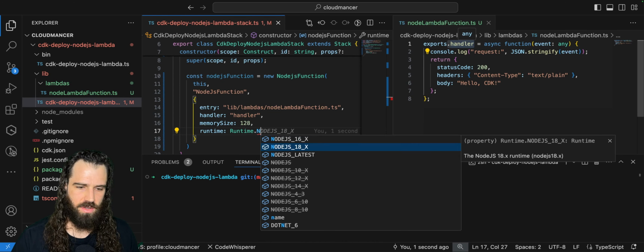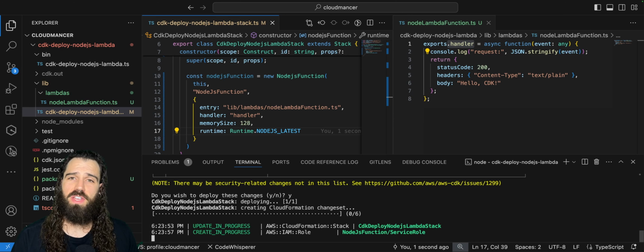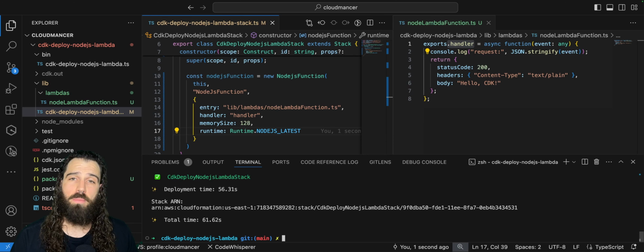The CDK is pretty cool because it requires a lot less configuration over CloudFormation templates in that it creates all of the proper IAM roles and Lambda execution roles on the backend for you so that you don't have to declare those things yourself. It saves a ton of development time. Okay, perfect. So now it's finished deploying, so we can go take a look at this in the console.